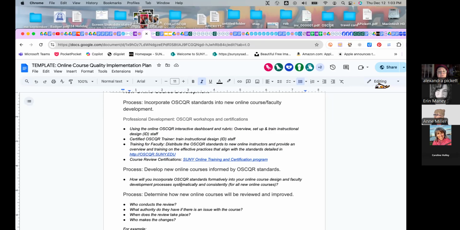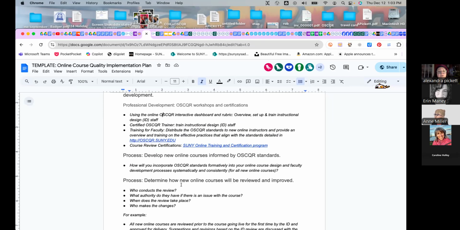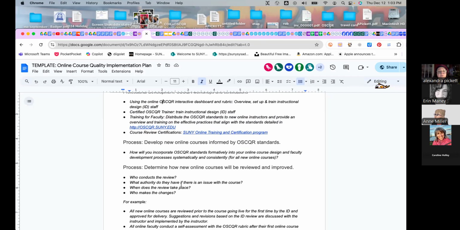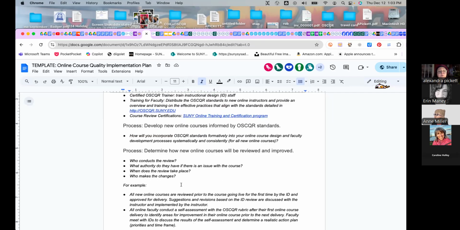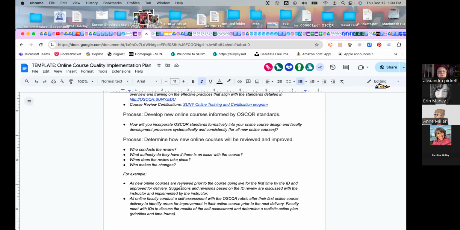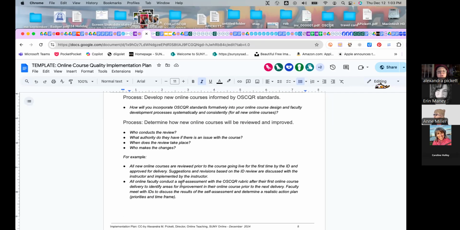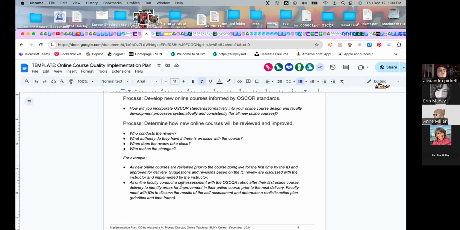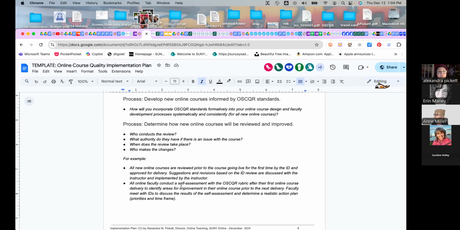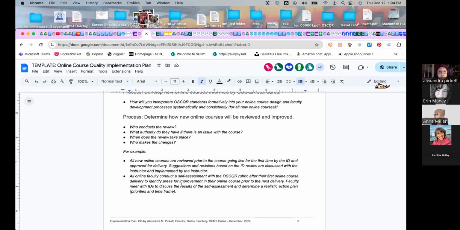And then, you want to think about your process for new online courses. So that was professional development. What's the process for designing new online courses? When do faculty get introduced to the standards? How do you introduce them? Is there a whole workshop on that? How do you do it? Just how do you do it? And you would document that there. And then,